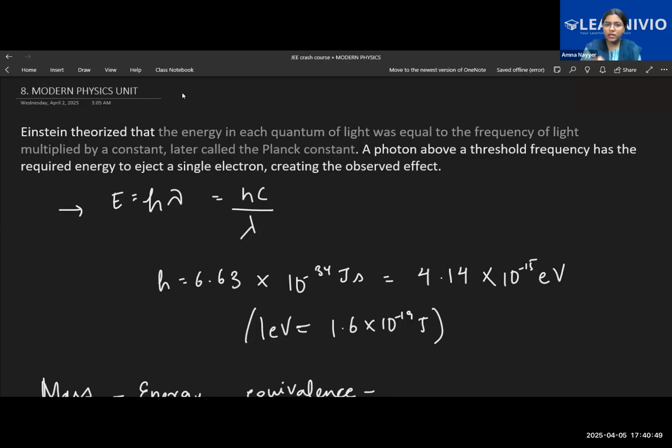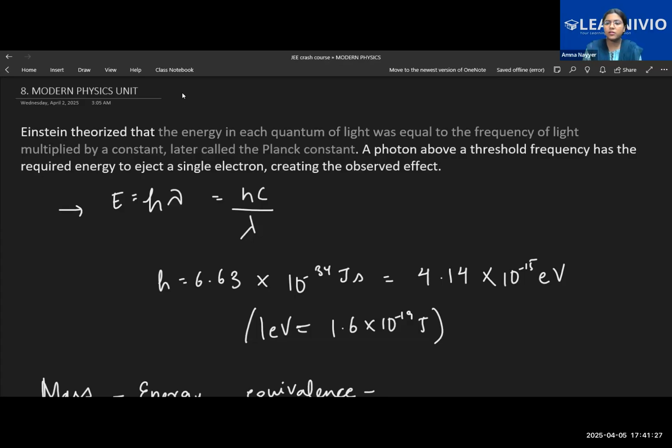Now how we will go about this unit is that right now I'll discuss the theoretical part of modern physics and I'll do some questions of modern physics also. We'll complete that today. Atomic structure and nuclear structure are exactly the same as your board syllabus, and if you see the paper this year also, the questions have come directly from the back exercise. We'll discuss all those questions. So it's better that you study the whole theoretical part by yourself tonight, and tomorrow when we have the class, we'll practice lots of questions.